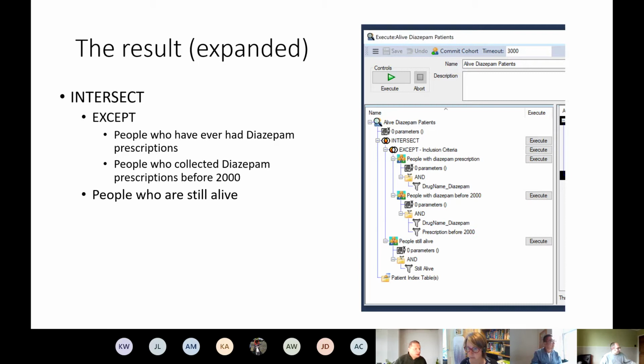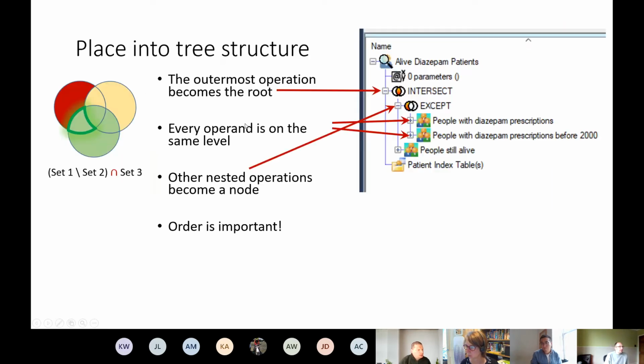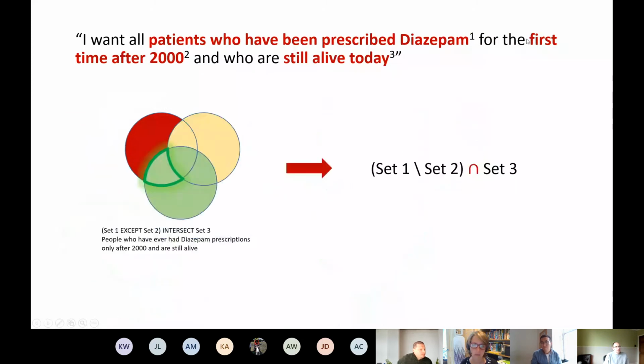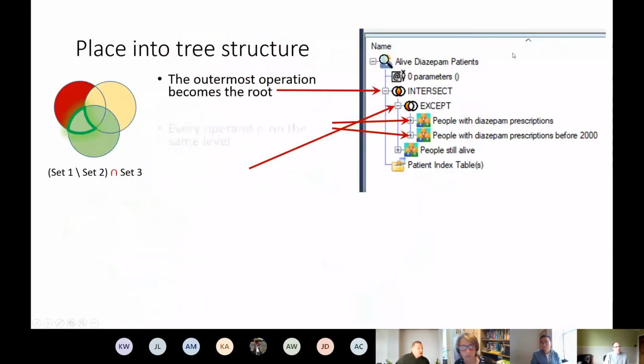Could I just say that it is correct, as I believe, because what we want is people who were first prescribed after 2000. So it complicates it slightly because people might have been prescribed before 2000, and that's why it's using the set theory to remove those people who had diazepam before 2000. I don't know if I explained it.